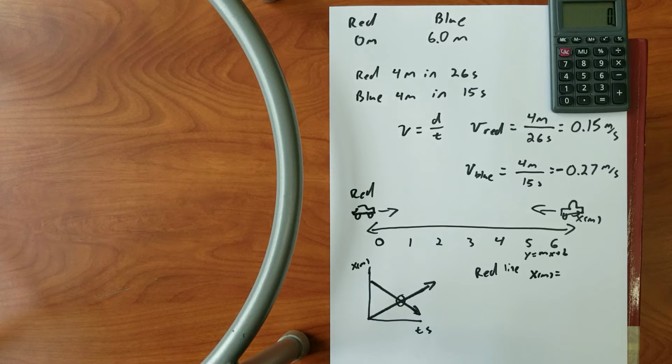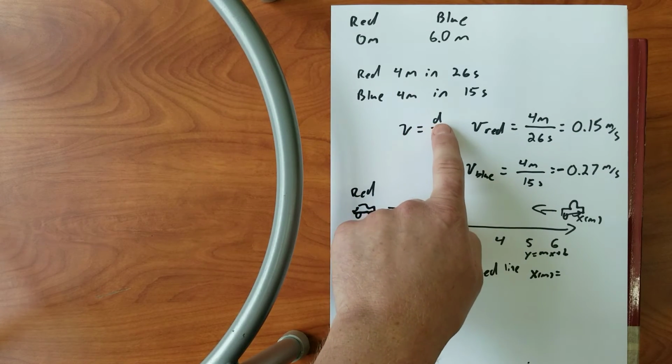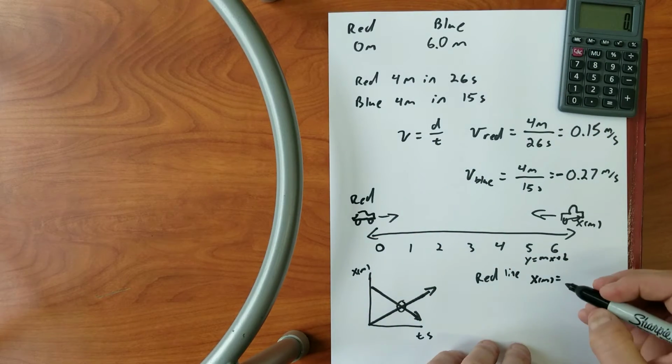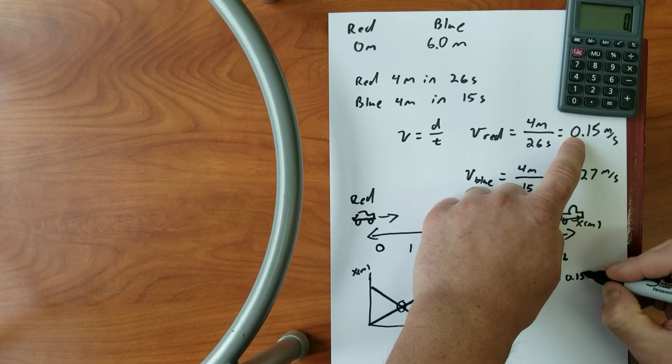And the slope of this line is the velocity because it's position over time. And velocity is distance over time. So what is the slope of the red? It's 0.15 meters per second